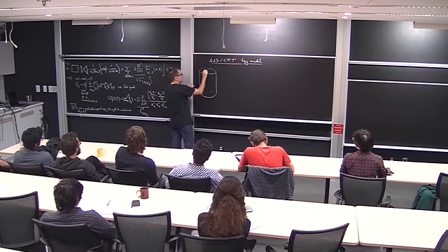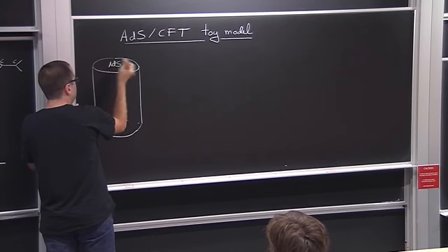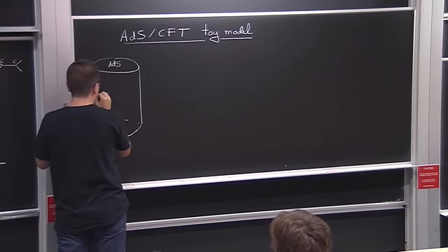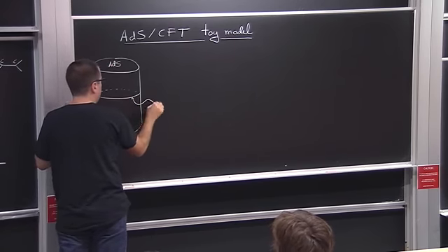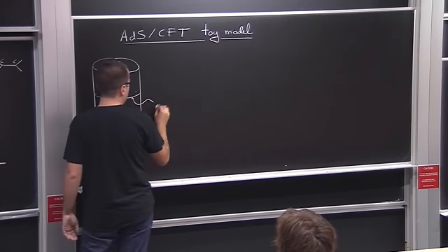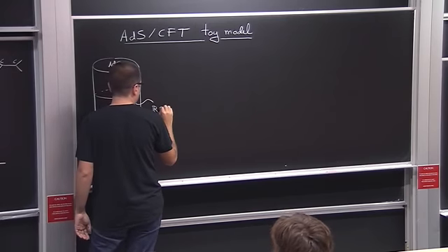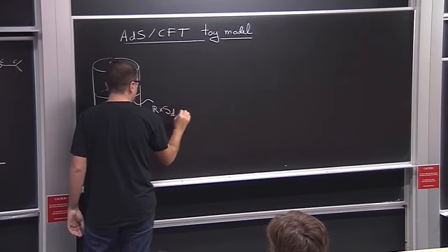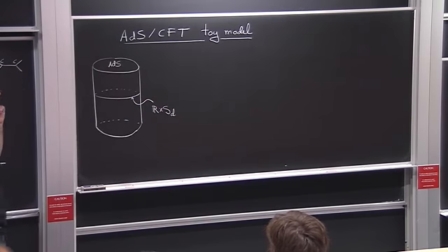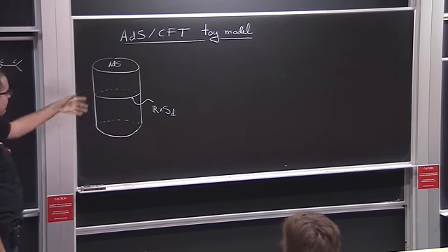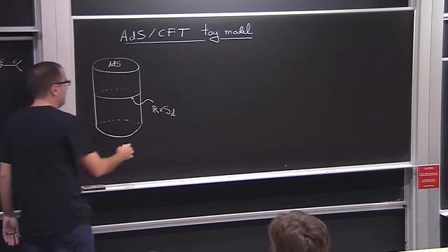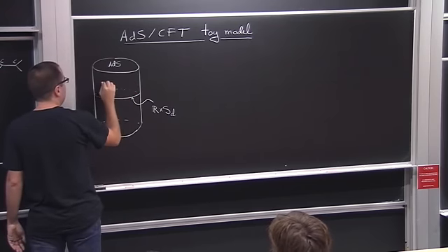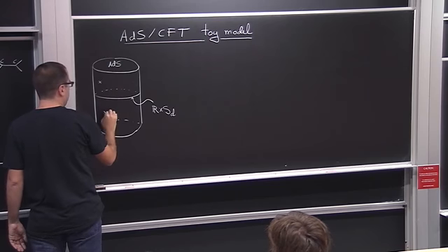And this box, which is AdS, has a boundary. Depending on how you foliate it, if you foliate the full cylinder, the boundary would be R times the sphere, or Minkowski, depending on if you want to cover the full boundary or not. And the basic idea is that you can have a gauge theory, a conformal field theory at